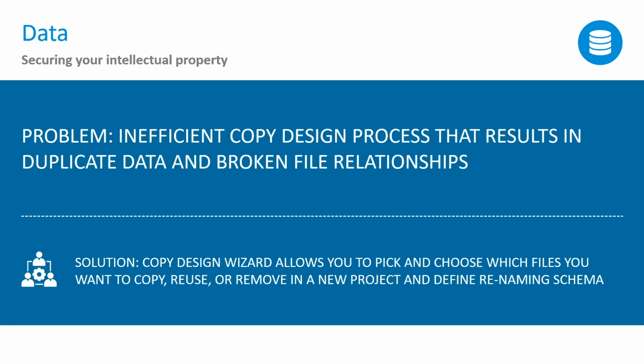Mm-hmm. So let's jump on this third one. And this one is one of my favorite ones, the copy design function, right? An inefficient copy design process results in duplicate data and broken file relationships. And so I